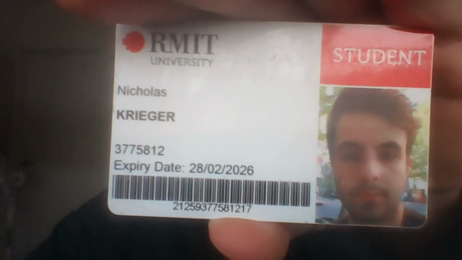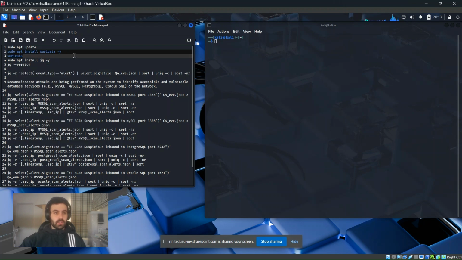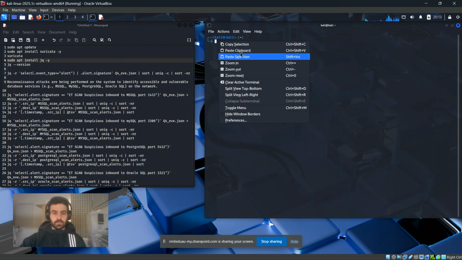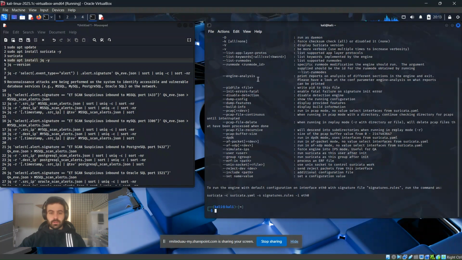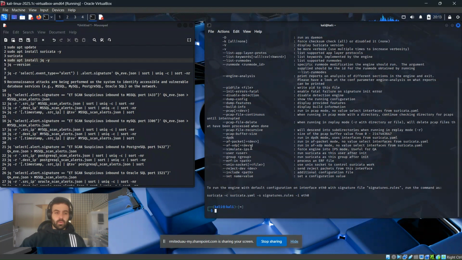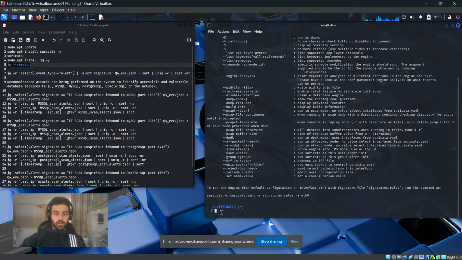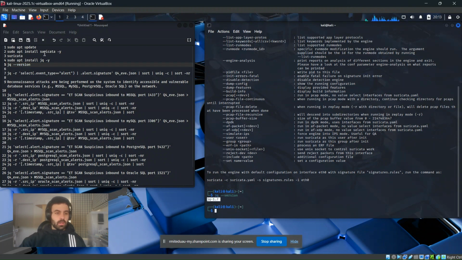Documentation for Suricata and JQ are installed. If they weren't, we could run this and this, but I'll just show that they're installed. Using Suricata 7.0.10 and JQ 1.7. Alright,